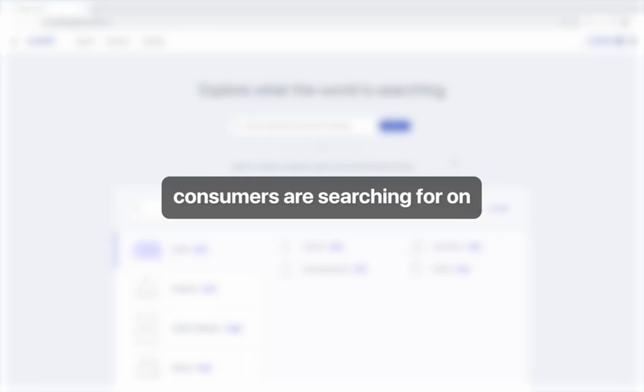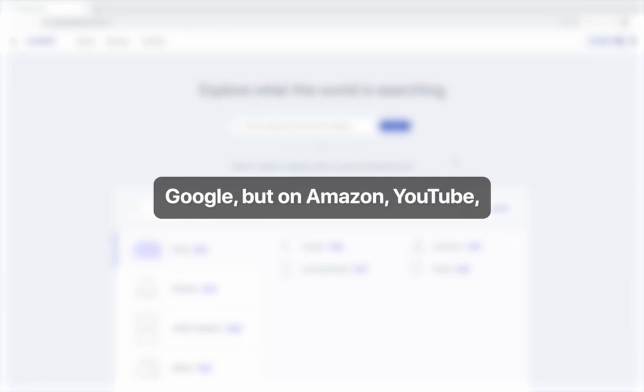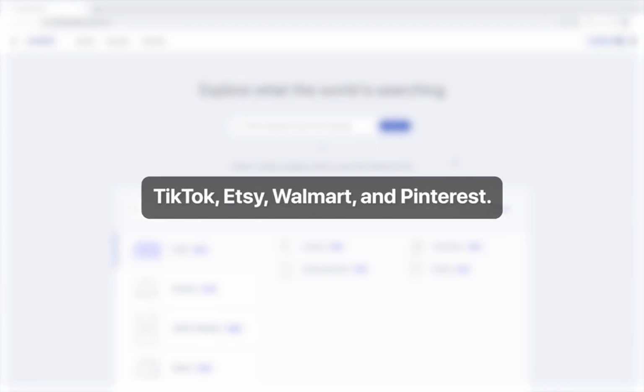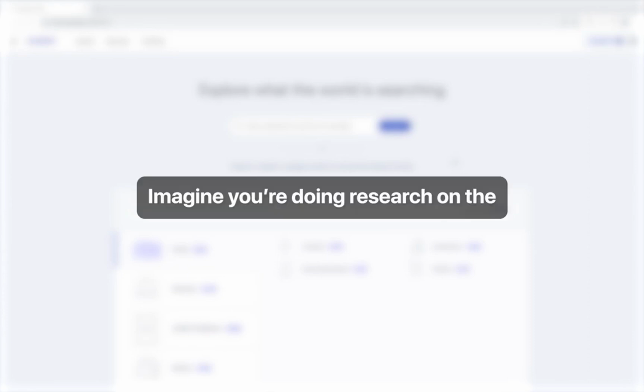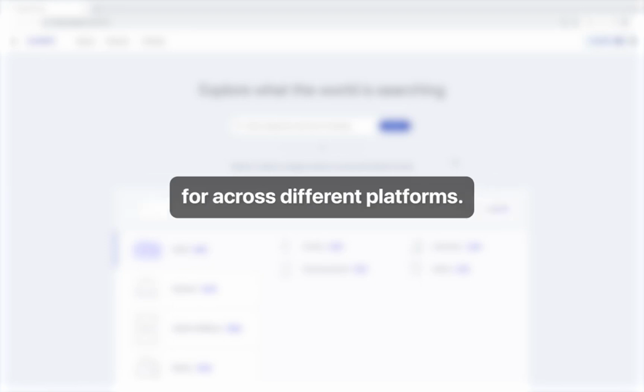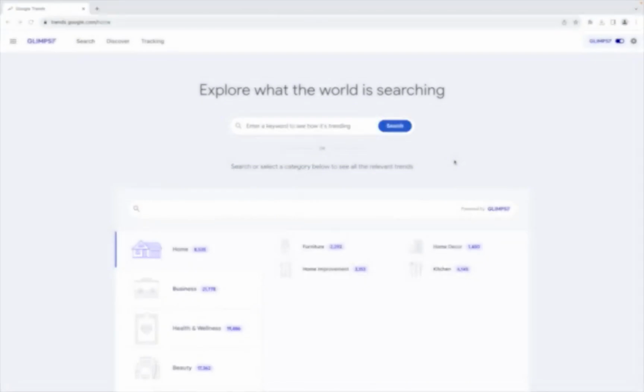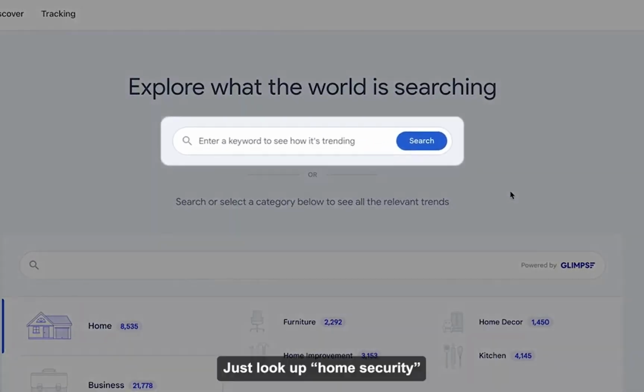Glimpse makes it easy to see what consumers are searching for on different channels, not just on Google, but on Amazon, YouTube, TikTok, Etsy, Walmart, and Pinterest. Imagine you're doing research on the home security industry, and you want to know what consumers are searching for across different platforms. Just look up home security